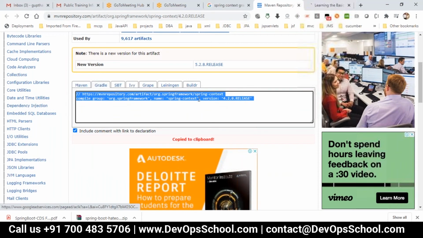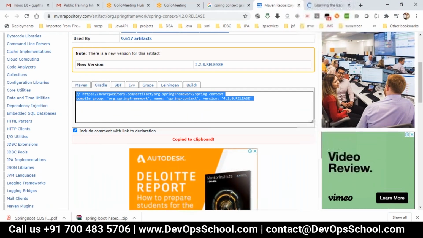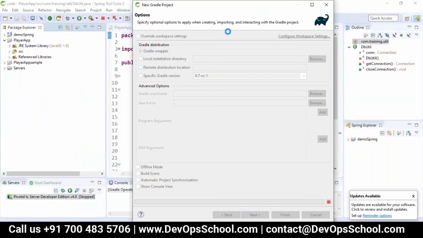So this is a Gradle dependency which we are taking, and let me just go to my project. Okay, still it is creating. What's happening? Okay, let it first create the project.